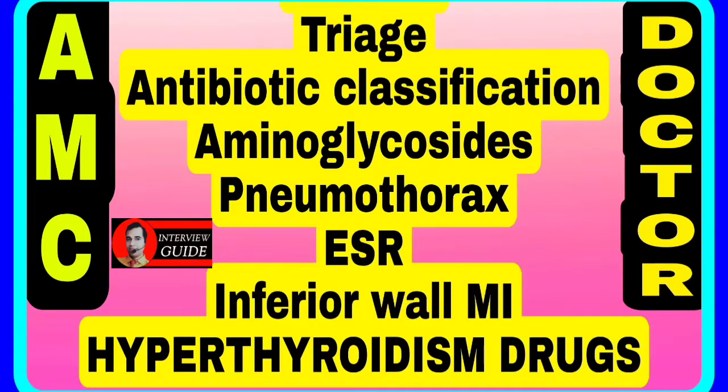Antibiotics classification. Antibiotics can be classified on the basis of their action, that is, what purpose they serve, based on their mode of action, that is if it has a bactericidal action or a bacteriostatic action. For bactericidal action we have penicillin, cephalosporins, aminoglycosides, metronidazole, fluoroquinolones, and for bacteriostatic action we have tetracycline, sulfonamides, erythromycin, clindamycin,